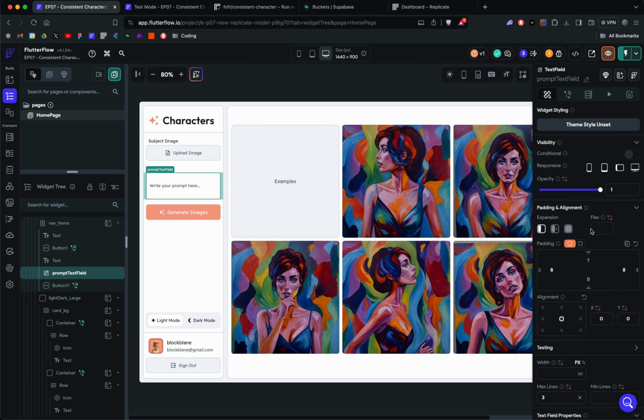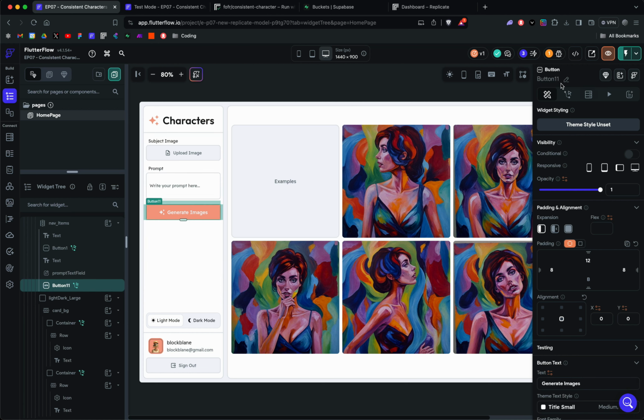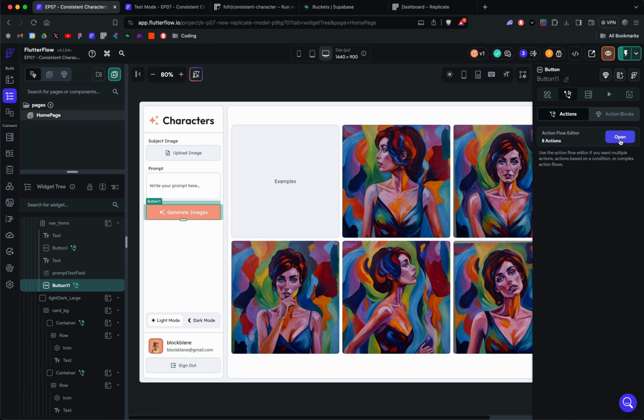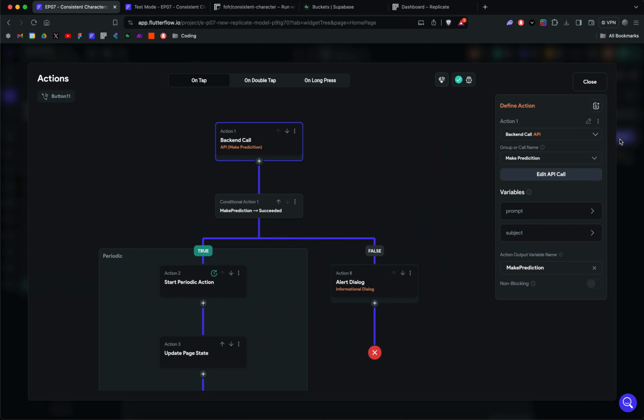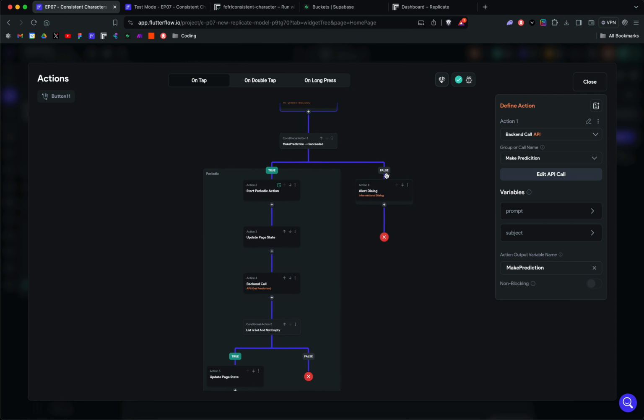Nothing kind of crazy happening there. The information that gets passed and that will be added to this from the user will be passed into the API call, which is going to be triggered from this button. So if we click on the generate image button, the action flow editor, this is an overview of what it